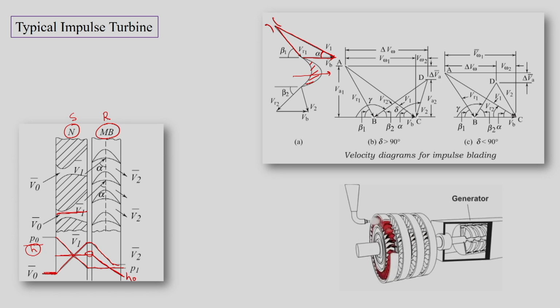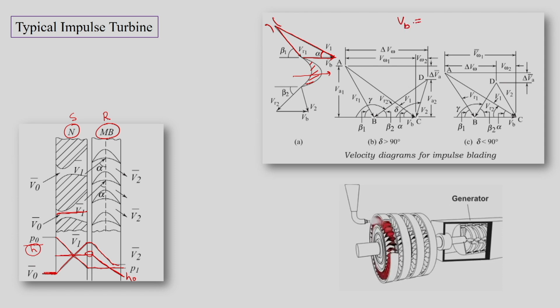So, if the rotor is moving with RPM n, then pi d n by 60 is Vb. So, Vb is the rotor speed, and Vb can be said as pi dm into n by 60, which is the tangential velocity at the mean diameter of the rotor, where the rotor is moving with n RPM. Then Vb is known to us, since we can measure n and we know the mean diameter of the rotor, so we know Vb.